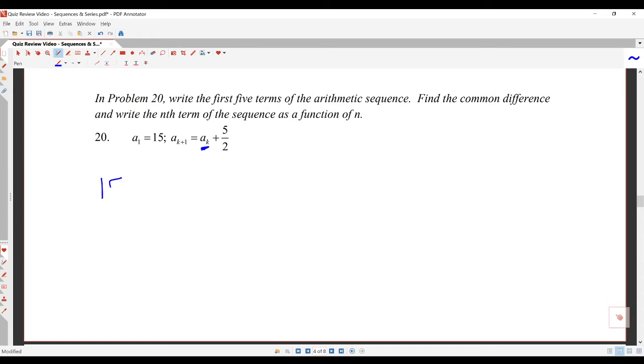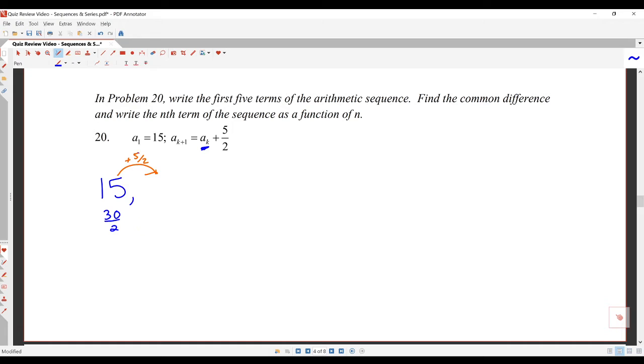So if my first term is 15, then I'm going to add 5 halves to get the next term. This is where things can get a little challenging. One way to look at this is 2.5. So add 2.5, that's okay. Another way, personally the way that I do, I like to look at this as 30 divided by 2